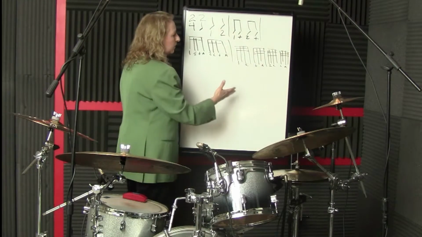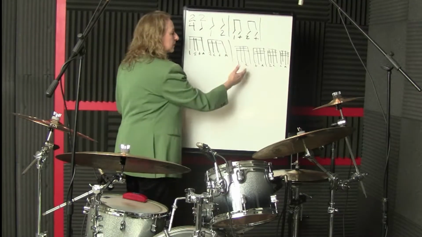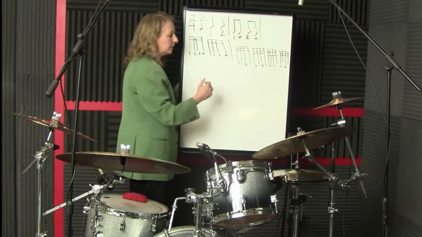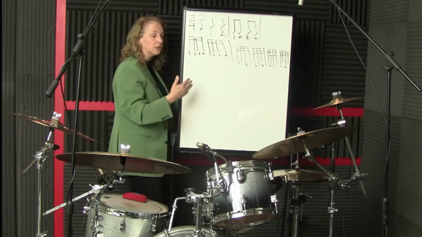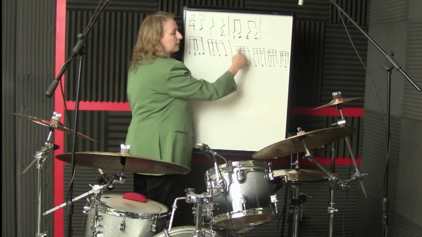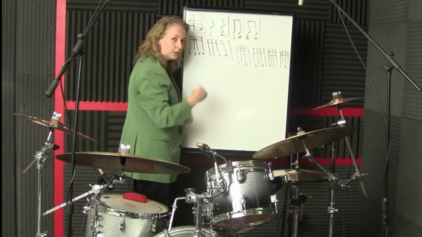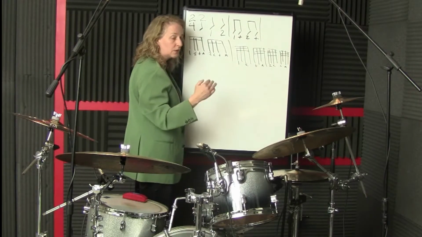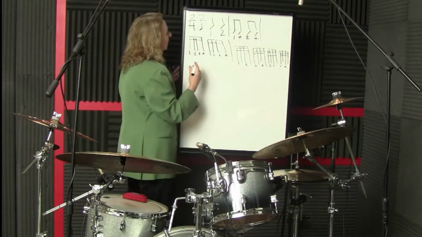I'm not going to write them out, but you feel free to do that and place the 4-part counting over it. Of course, you realize when you're getting into the 64th notes, 1 will be a group of 4 64th notes. Then E will be another group of 4 64th notes, and so on. Okay, let's just go to